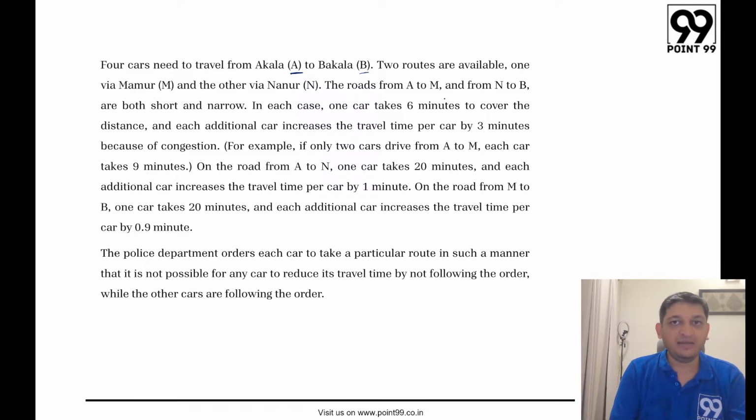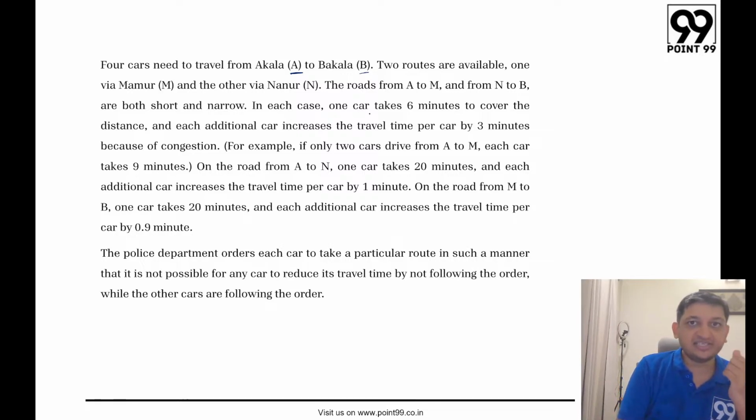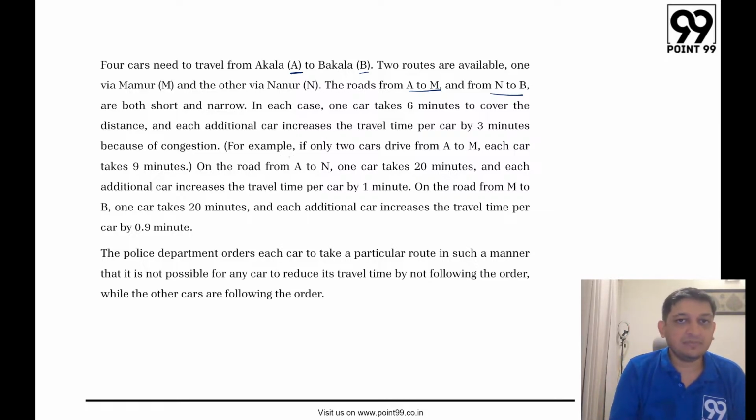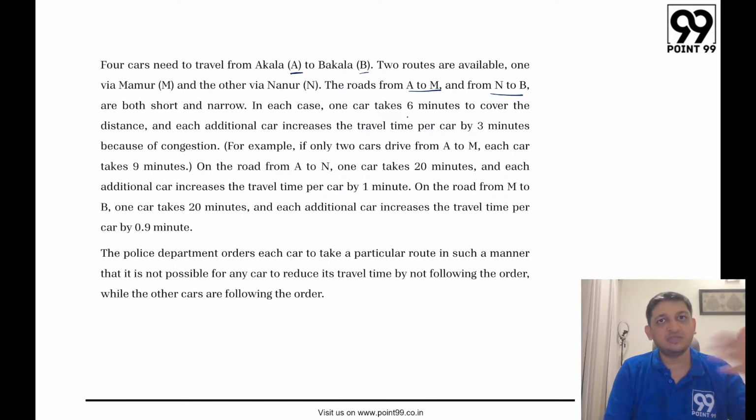The roads from A to M and from N to B are both short and narrow. So the roads A to M and N to B are all short and narrow, doesn't matter. In each case, 1 car takes 6 minutes to cover the distance and each additional car increases the travel time per car by 3 minutes. So an example is also given: if only 2 cars drive from A to M, each car takes 9 minutes. So if there was 1 car, they would have reached in 6 minutes. But because there are 2 cars, both of them will slow each other down and together they will take 9 minutes to reach from A to